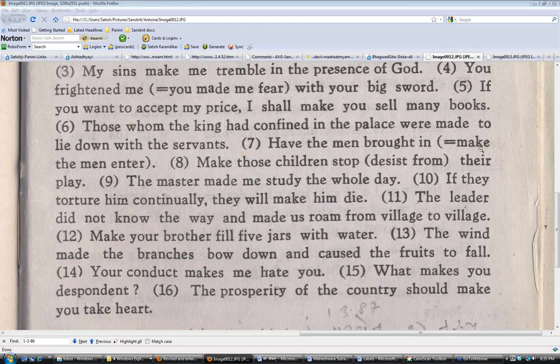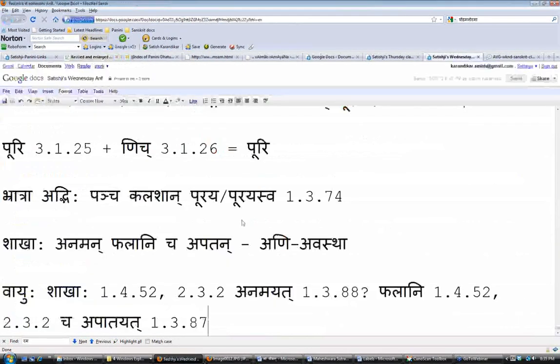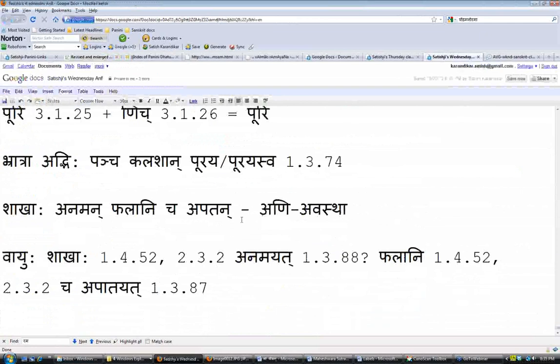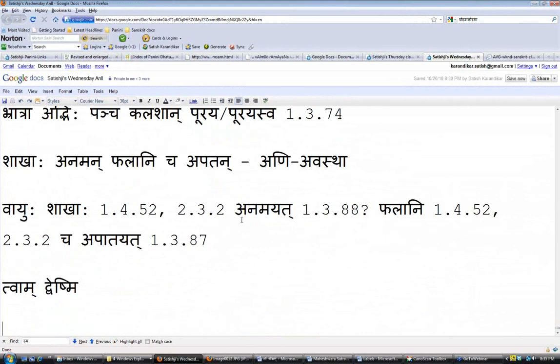Now, what do you want to use? Say, I hate you would be, swam dveshmi, right? The aniyavastha. Swam dveshmi. Okay, now let's convert that into your conduct.